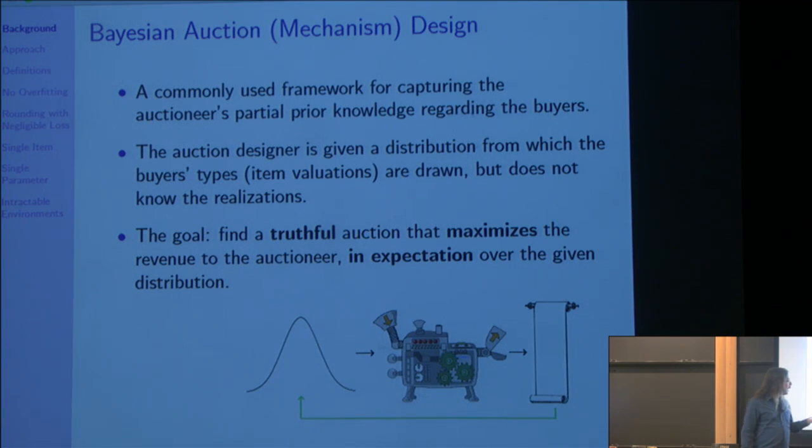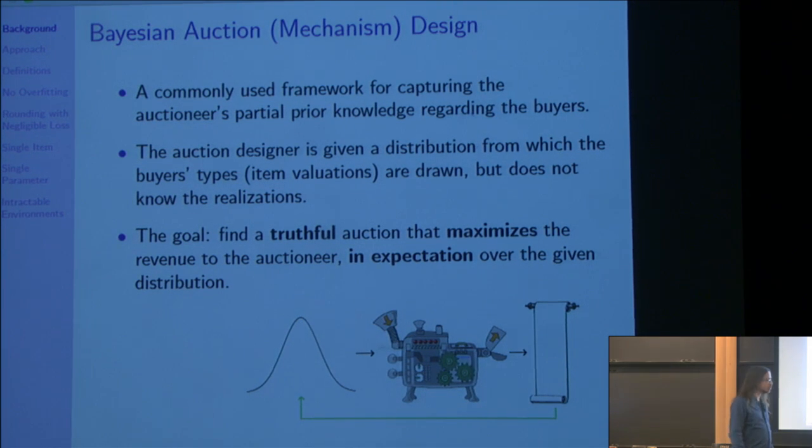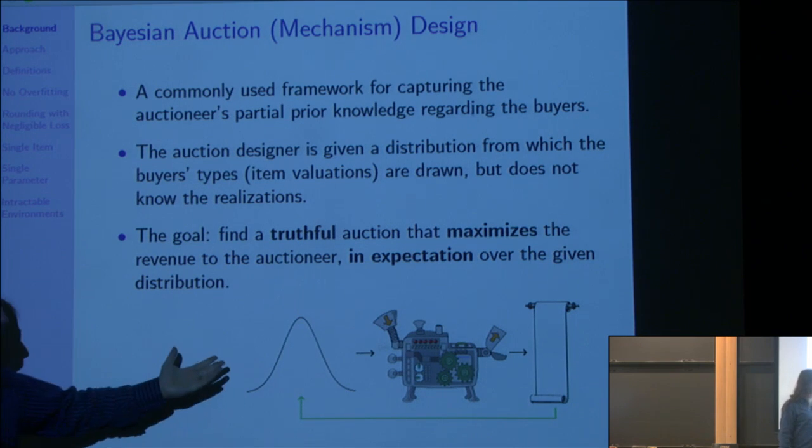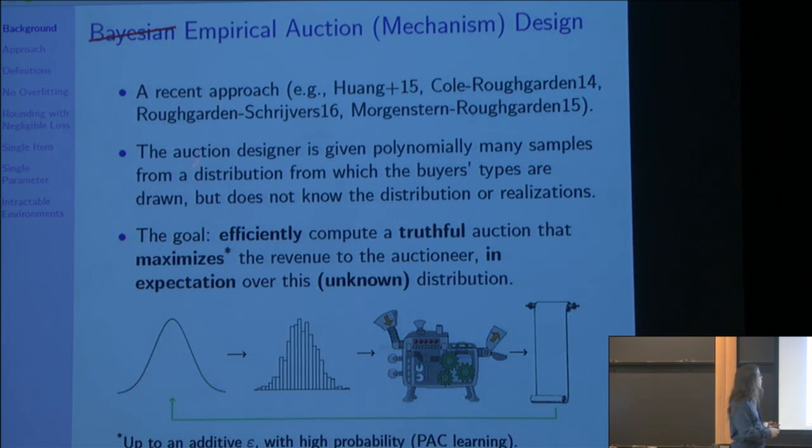Now, usually, this is the classical framework that economists have been using for years, and computer scientists as well recently. But the question always is, okay, so how does this represent reality? How do we get this distribution? And people always wave hands and say something like, maybe you know the market very well, you've seen transactions in the past, you've observed transactions, you did market surveys, I don't know what, and so you know the distribution quite well. So that's nice, but a few years ago,